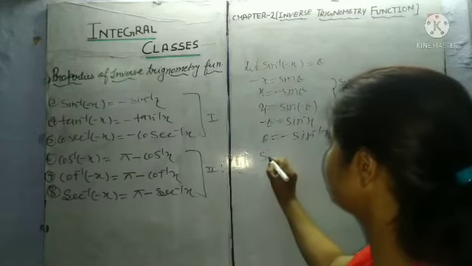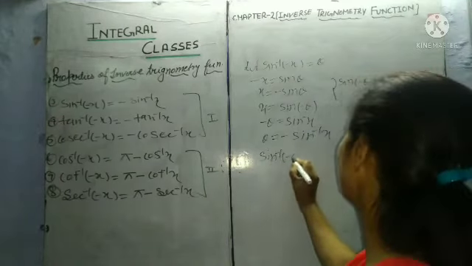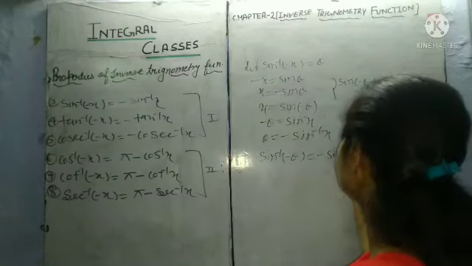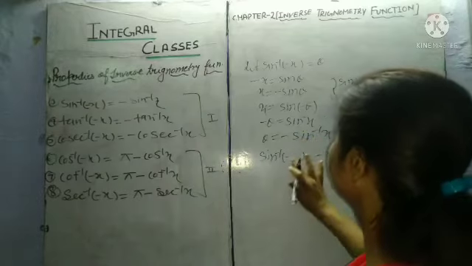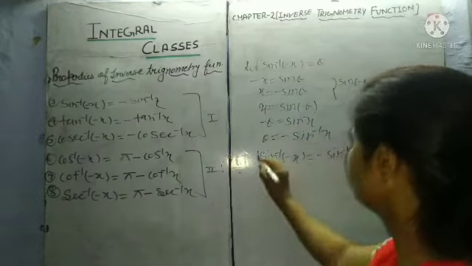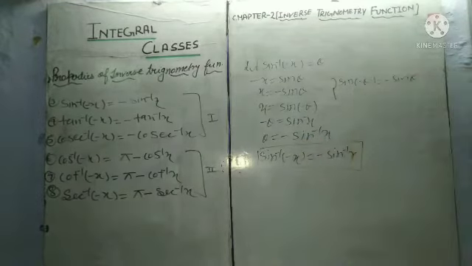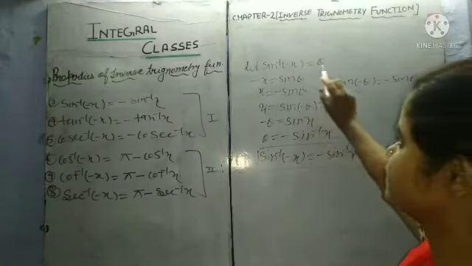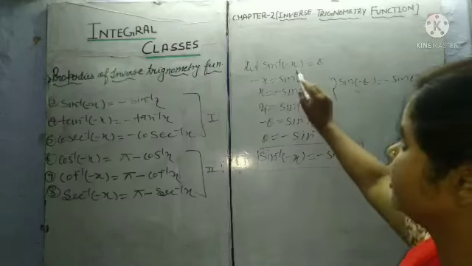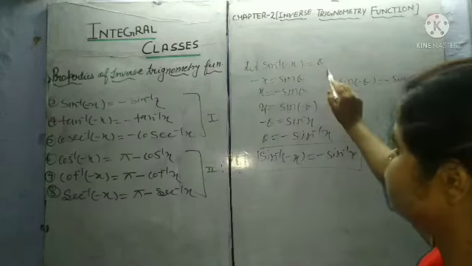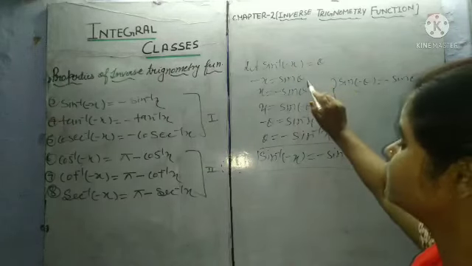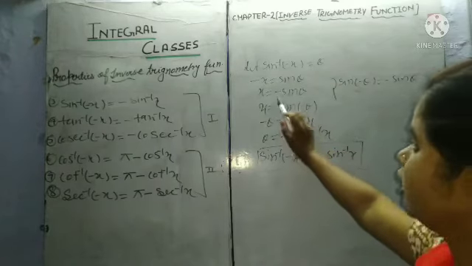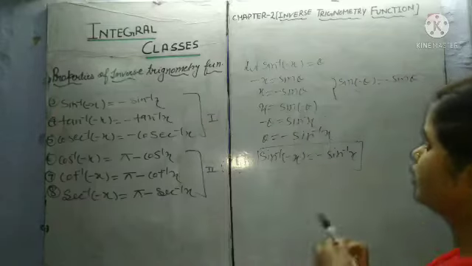We will replace here again sin inverse minus theta equal to minus sin inverse x. Sorry, not theta, it will become x. So that is the value we will get. Now I will explain once more. Sin inverse minus x is equal to theta, we will let. Then minus x is equal to sin theta, since sin inverse goes to the other side. Now minus sign we will put on the other side.